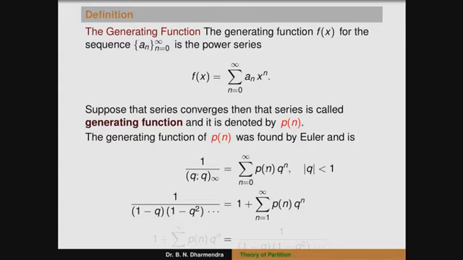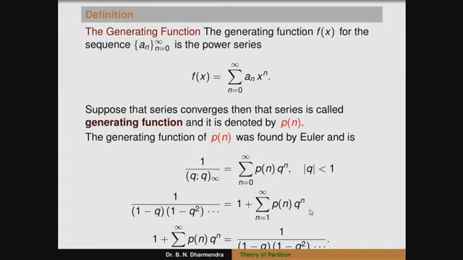We know the terms of the partition of n, that is, when I take n equal to 0, p of 0 is equal to 1, and q to the power of 0 is also 1. So that is 1 plus the remaining terms, that is, summation from 1 to infinity of p of n into q to the power of n. It can be written as 1 plus summation from 1 to infinity of p of n q to the power of n is equal to 1 divided by (1 minus q) square up to infinite terms.